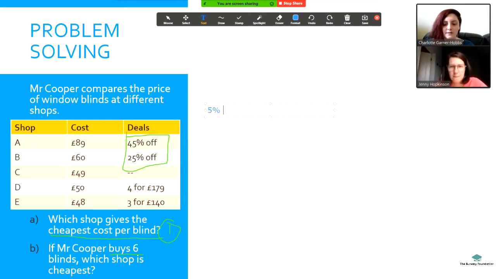So 5% of 89. To find 5%, the easy way to do this is divide by 20 or divide by 10 and halve that number. They're not nice numbers, are they? I'm going to do the second one here because dividing by 10 and halving is much easier. So if I do 10%, that's really easy. I know that's 8.9. So 5%